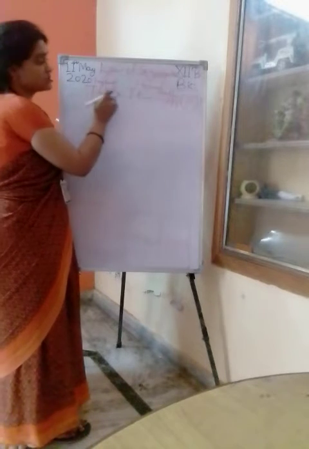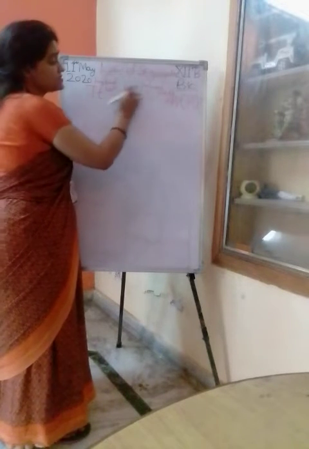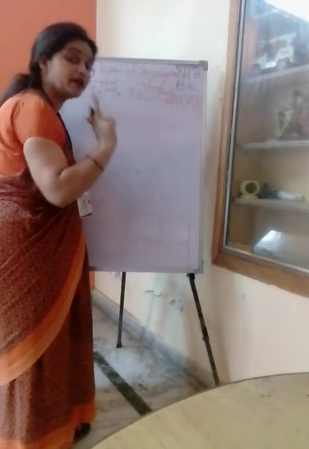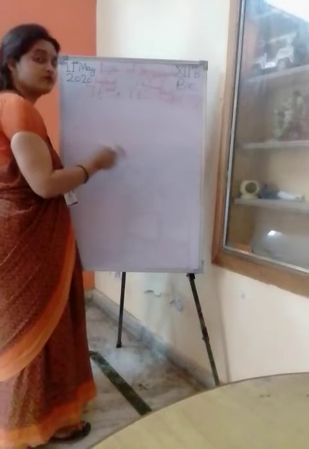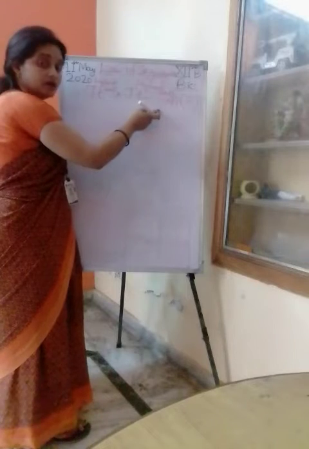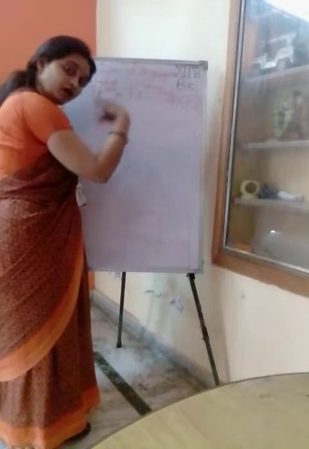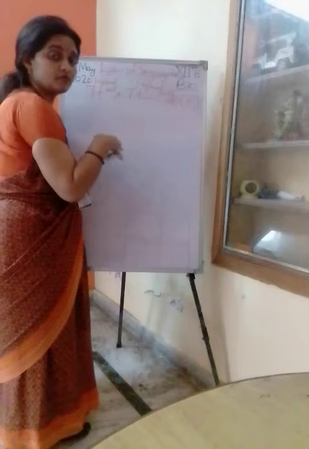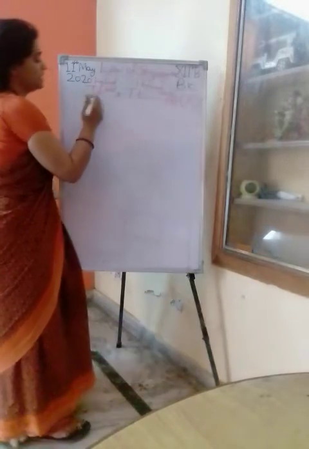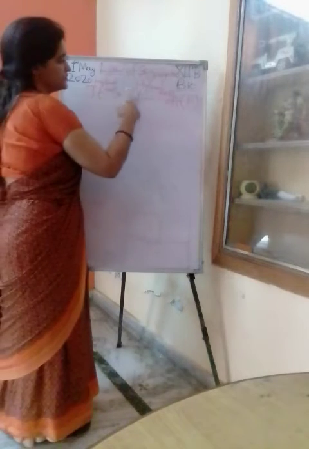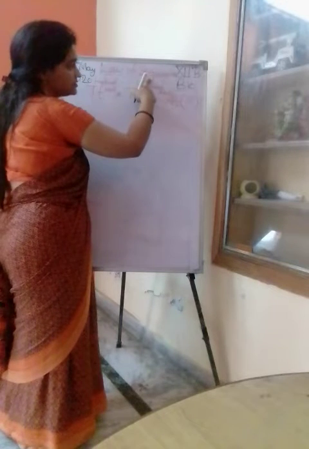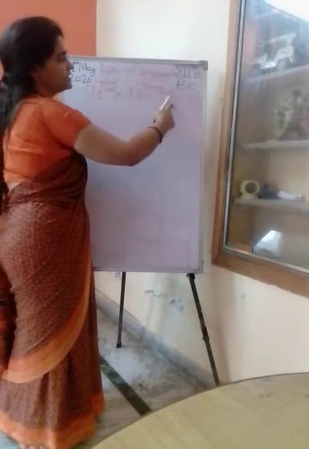Now capital T, small t is crossed with the same hybrids, tall and tall. In the first law we took tall and short, but in the second law we take tall and tall, hybrid tall and hybrid tall. We get these from the F1 of the first law. Now in the second law we take them as parents.